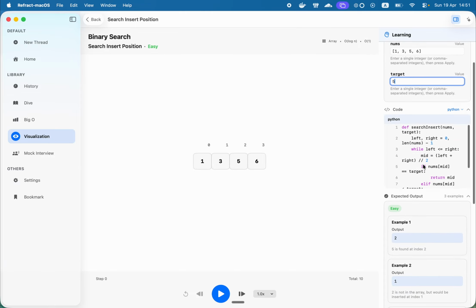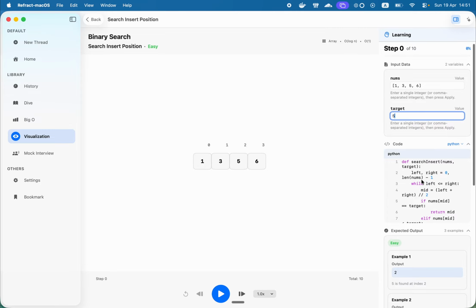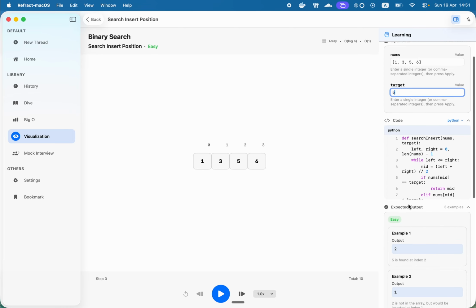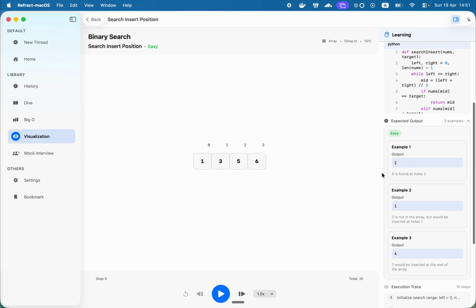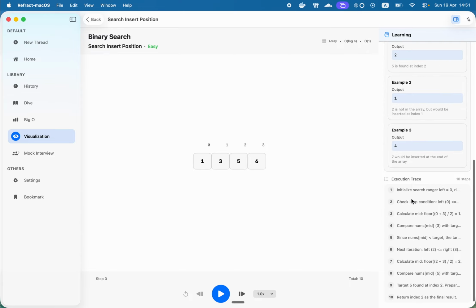This is the code that is being generated purely by AI. As you can see, the topic is able to give me a Python code by default, but still it could be any code block as user wish to, whether it's with Rust or TypeScript. As I mentioned, the expected output, the execution trace,